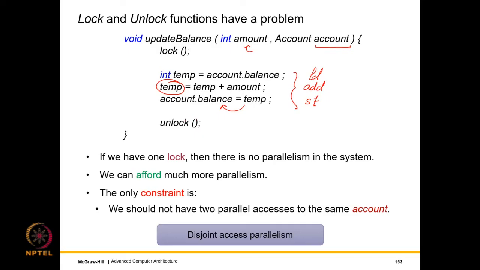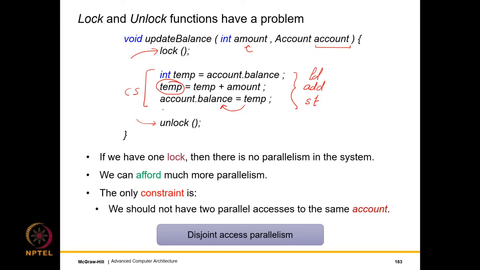And finally, we relinquish the lock, we get rid of the lock. So we do it by an unlock call. So these are the two calls, lock here and unlock here. We enter the critical section, which is this. In this, we update the account. So if you have one lock, then there is no parallelism in the system, because let's